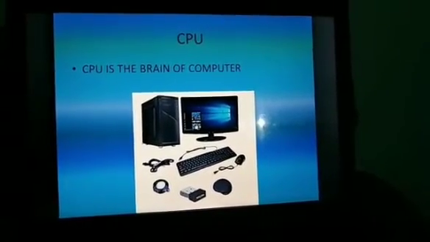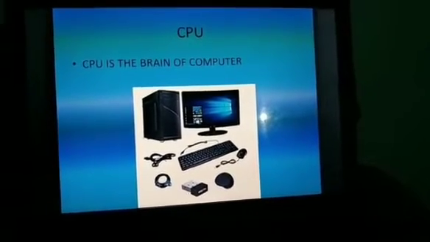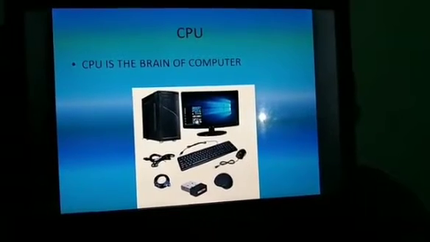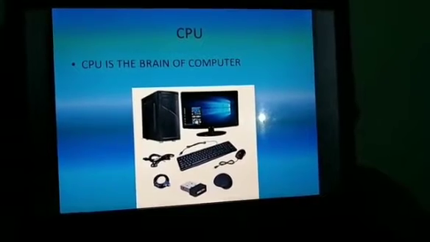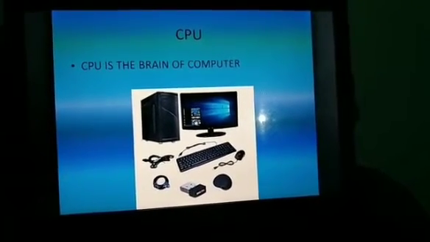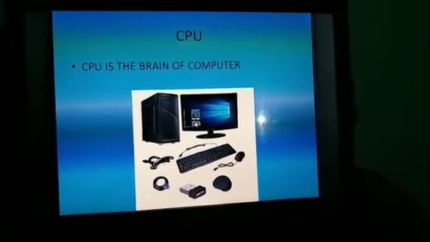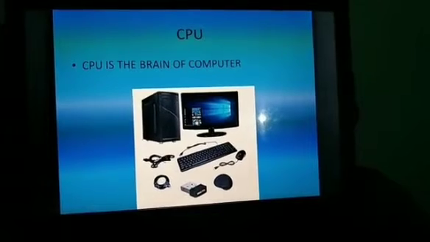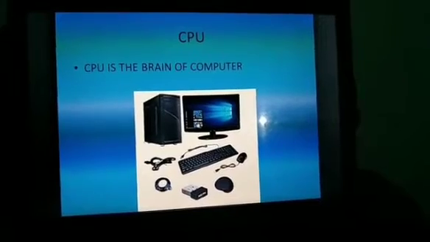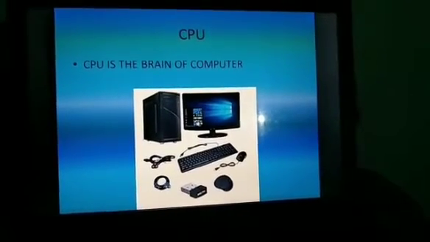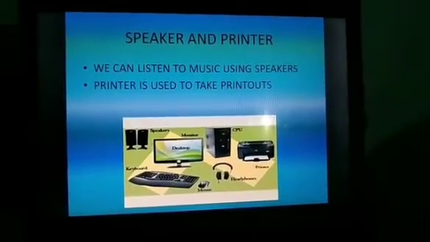Understood, children? Yes. If we play music on the computer, how? We open a file by using a mouse and double click on the file. In the MP3 player it will be played and you can listen to that song on the speaker. How is it possible? Our CPU does this task. When we select any file by using the mouse to play the song, our CPU processes that and plays the song for us so that we can listen to it on the speaker. That's why we call the CPU the brain of the computer.